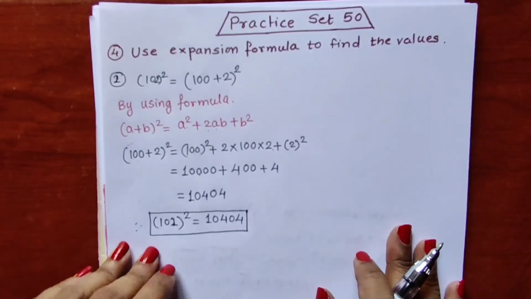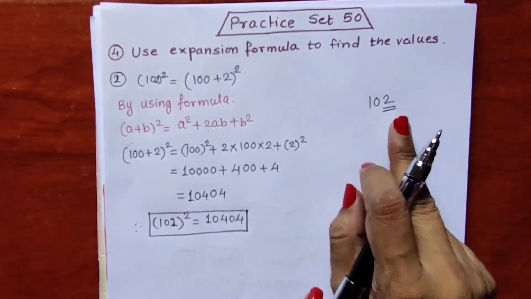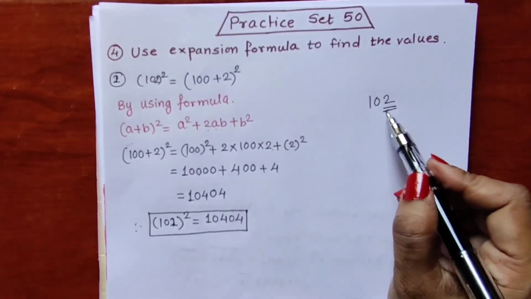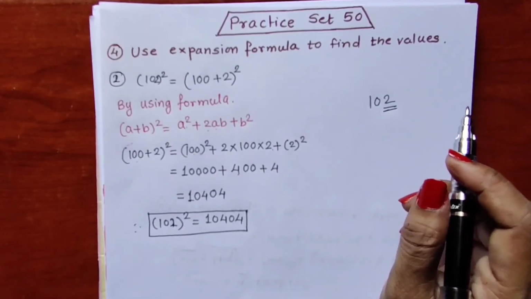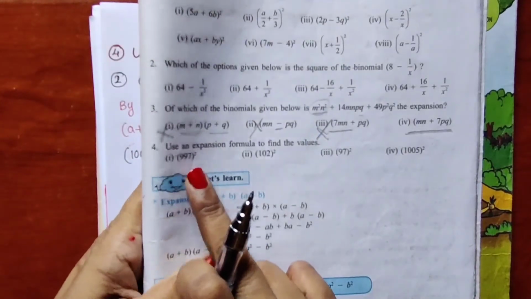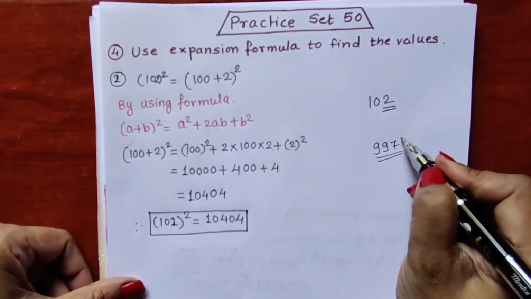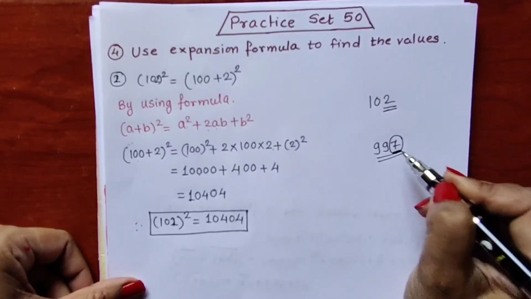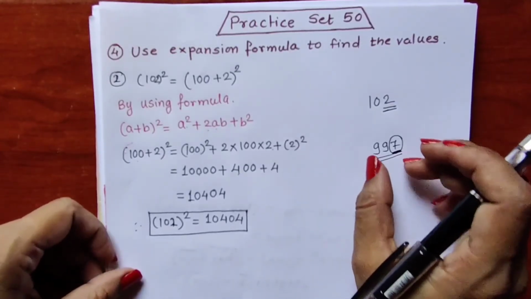Now always remember, when the unit place digit is 5 or less than 5, we can split in the form of addition, and when the unit place digit is greater than 5, we have to split it into the minus form. That means, see, our second number is 997. In the second number the unit place digit is 7. So when the unit place digit is more than 5, we will split this number into the form of minus, subtraction.